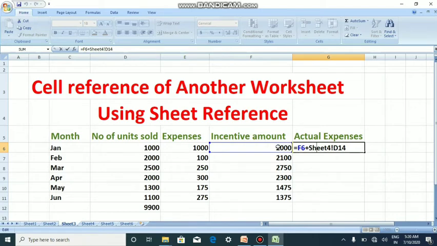The incentive amount is in F6. So I've typed F6 plus sheet 4, as this is in sheet 3. So I am referring to sheet 4 exclamation mark D14. That means D14 from sheet 4. We'll see what D14 of sheet 4 is.